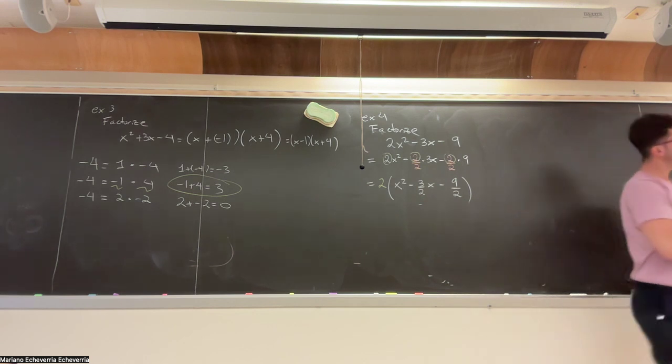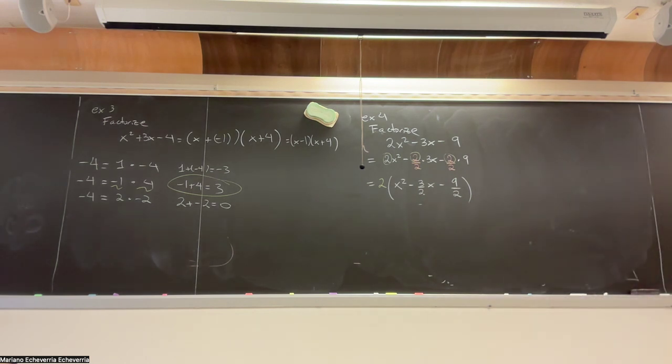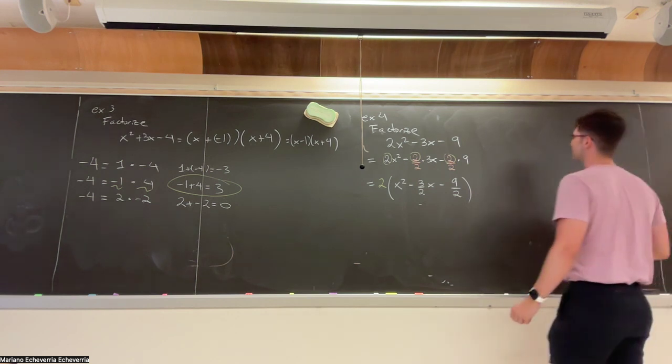Wouldn't it be easier to do the AC method on this? Like, well, 2 times -9, and then you try finding the things that multiply to whatever AC is, A and C multiplied, and that add up to this. Right. Yes, it's just that it sounds a little bit harder. It is equivalent to what I'm doing, but you have to remember more things, because you want to break it into